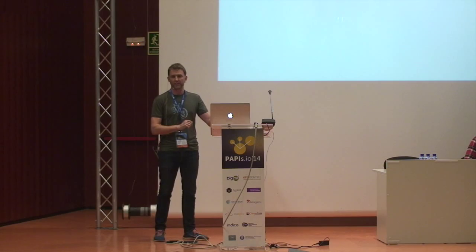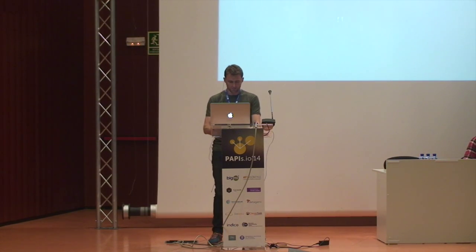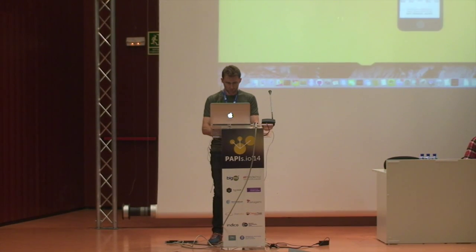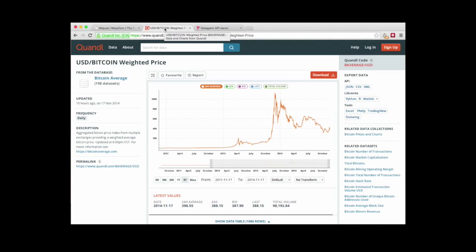So to explain how, because it's an API conference, I thought I would show a demo of the API in action because I can't really show you the source code of the app. So the steps are, we can go to Quandl, which is a magnificent site for anybody who's interested in time series, and another very interesting model of providing an open source service and then providing premium services on top of it. So they now have curated data sets, premium data sets, which you can pay to get access to. The free stuff is pretty good.